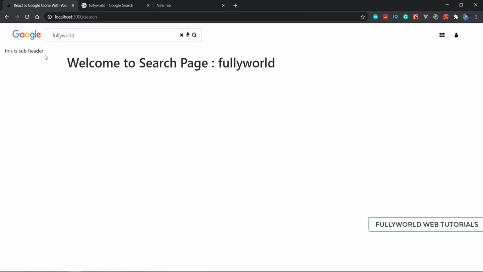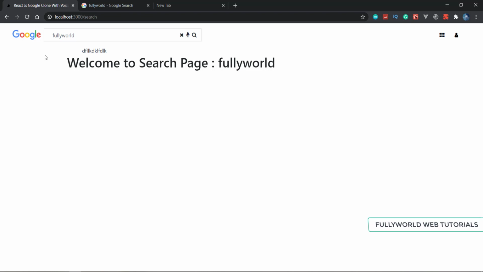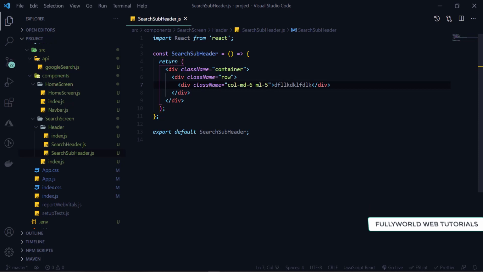Because we want this like on that. So now it is not coming below the navigation bar. So here I'm going to write 4, save this.